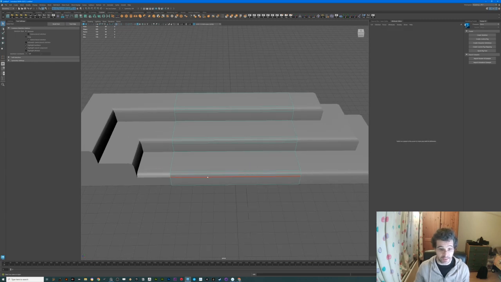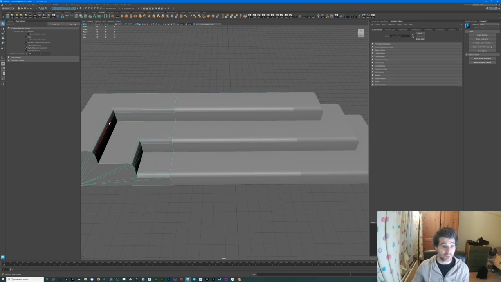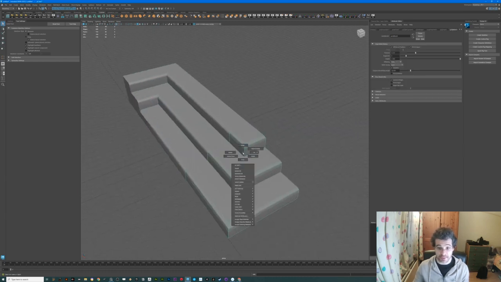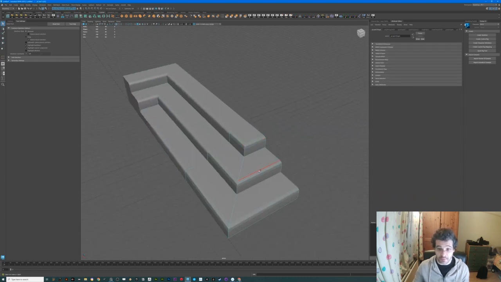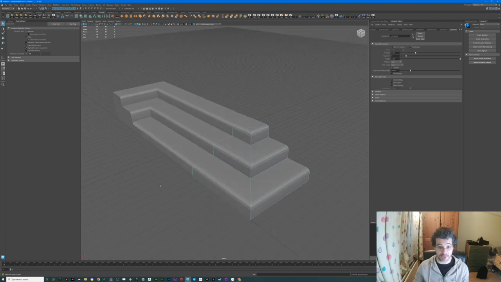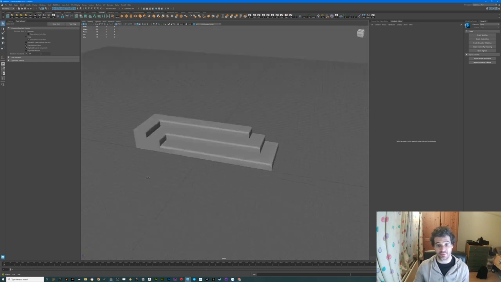This one here seems like I need to do the same. 1, 2, 3. I press G to repeat last action, and same deal with these ones. G, soften edge. And the same here. One, two, three, four, five, six. Press G to repeat last action. And now we have our